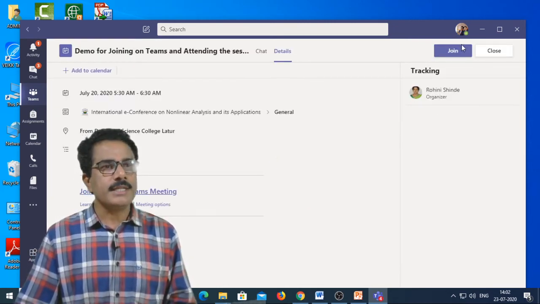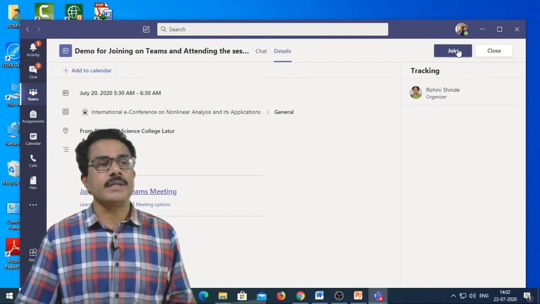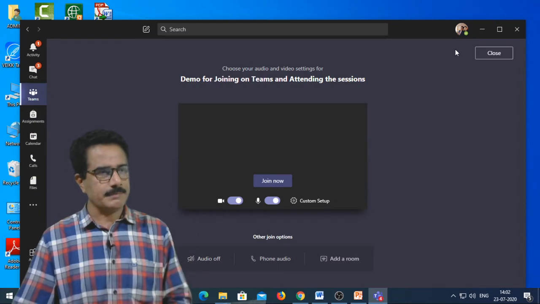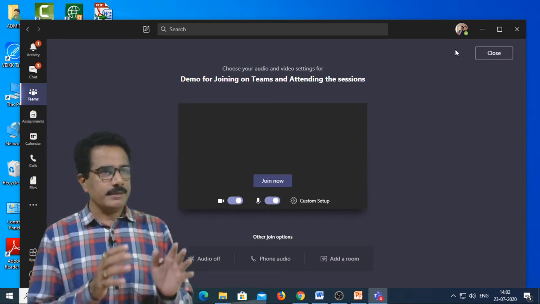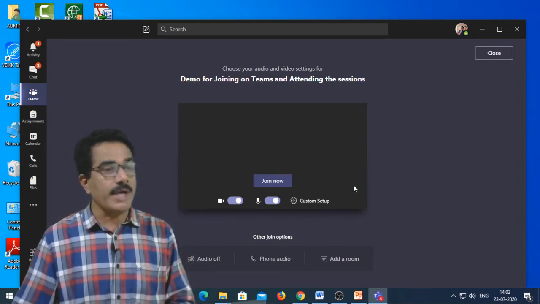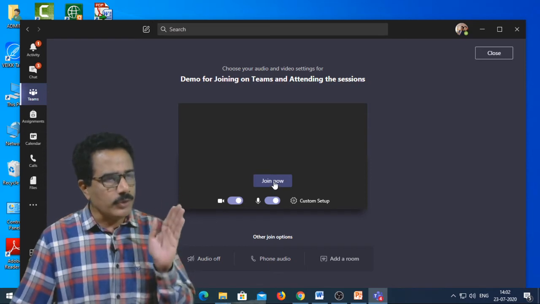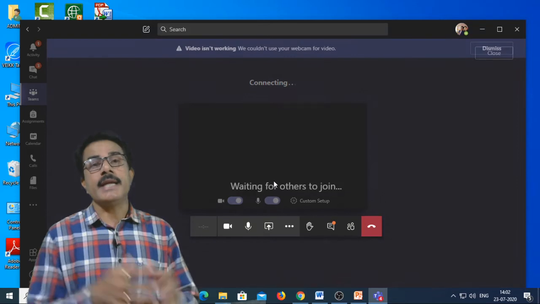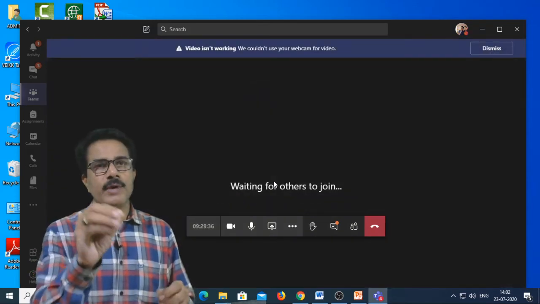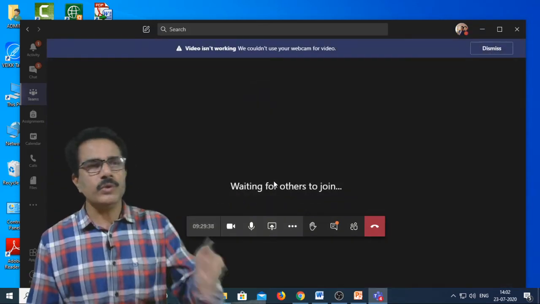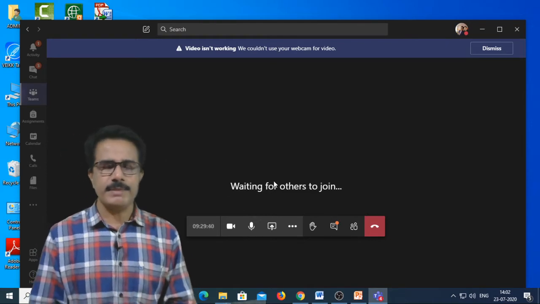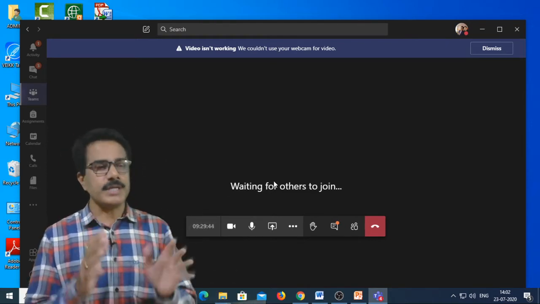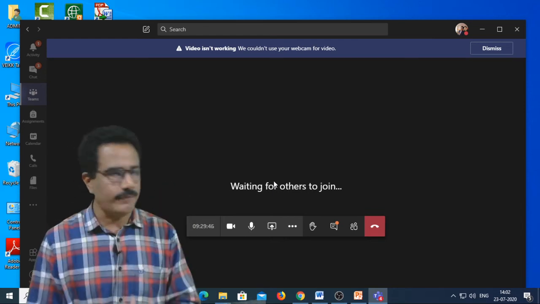Then there is again an icon to join this inaugural function, so you double click it. Then again it will ask to join that meeting, and you have to click join. Then you will be connected to this conference function. Okay, this is the process for joining the conference.